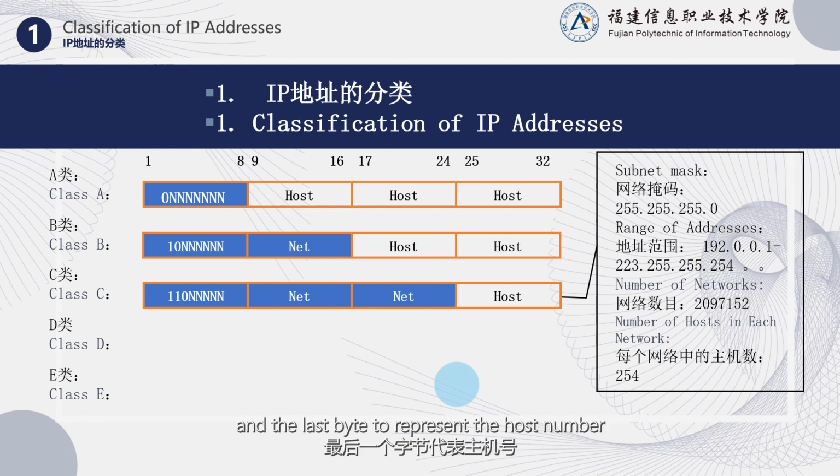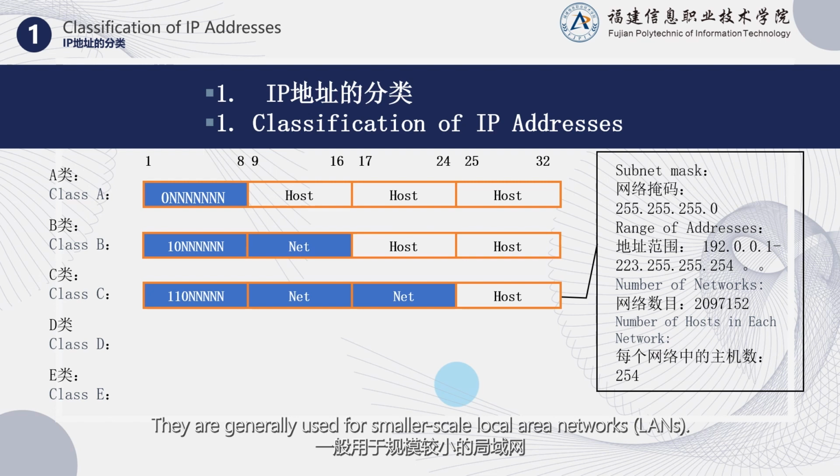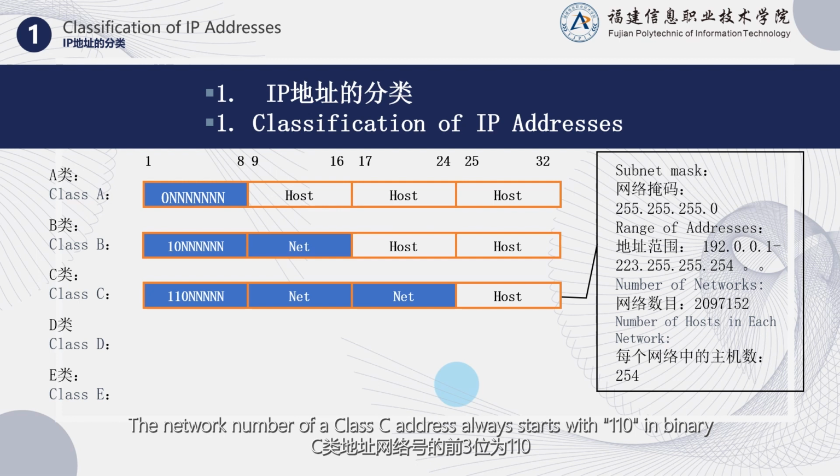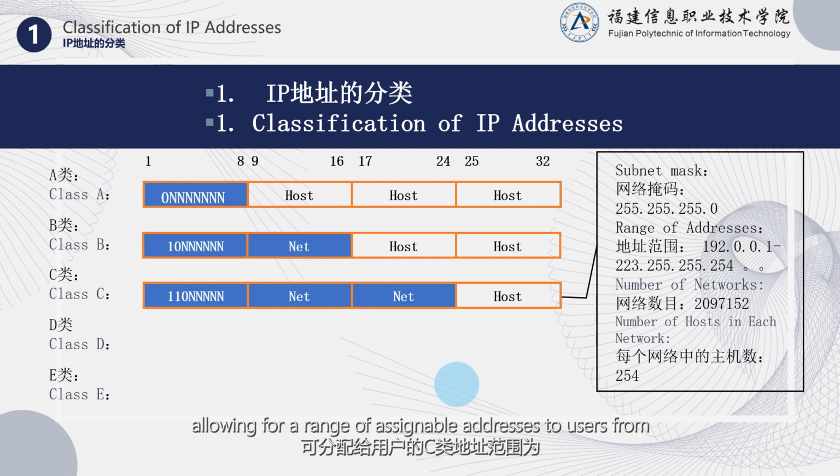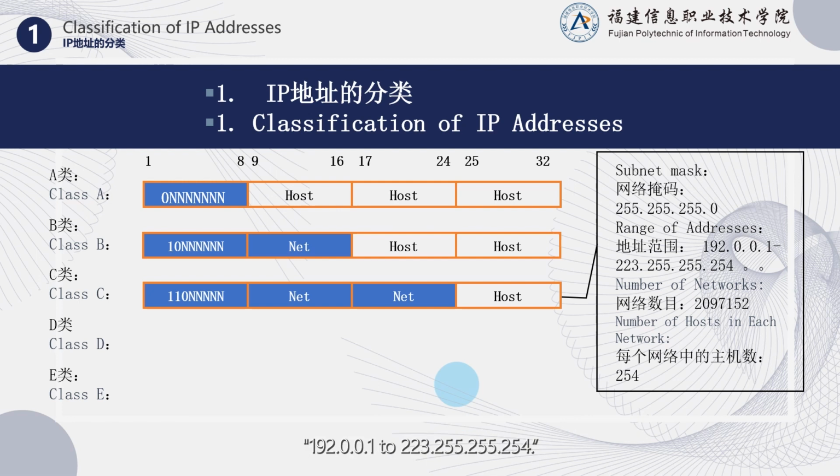Class C addresses use the first 3 bytes to represent the network number and the last byte to represent the host number. They are generally used for smaller scale local area networks, LANs. The network number of a Class C address always starts with 110 in binary, which translates to decimal values from 192 to 223, allowing for a range of assignable addresses to users from